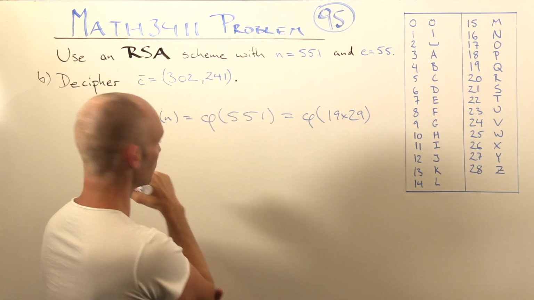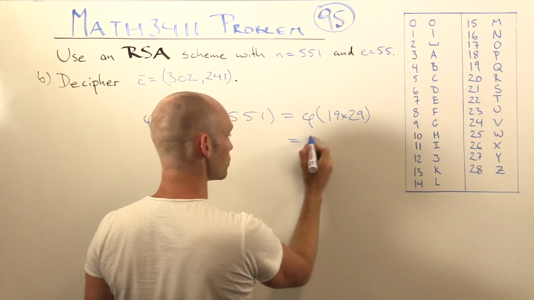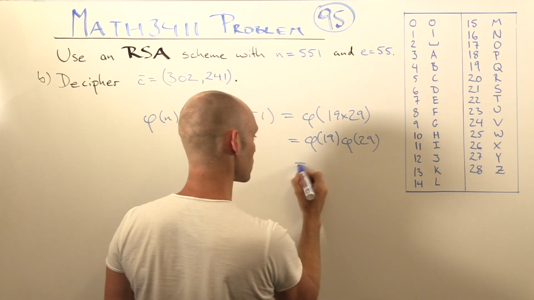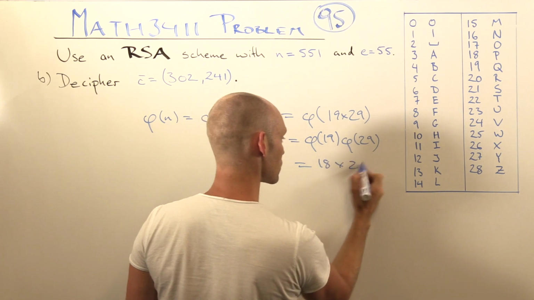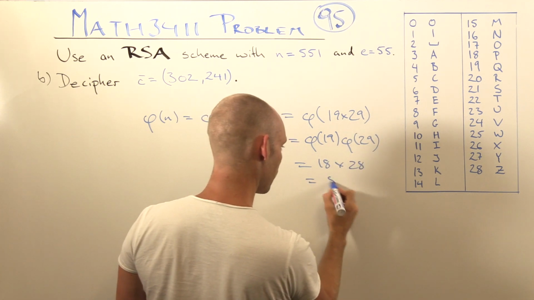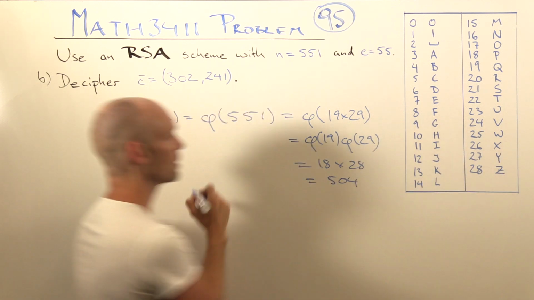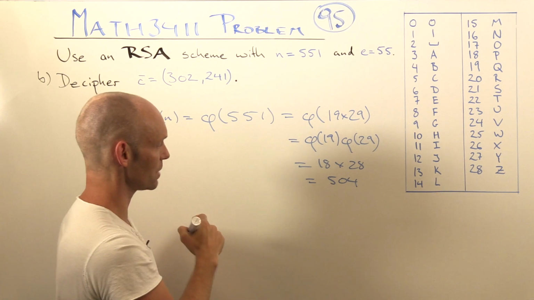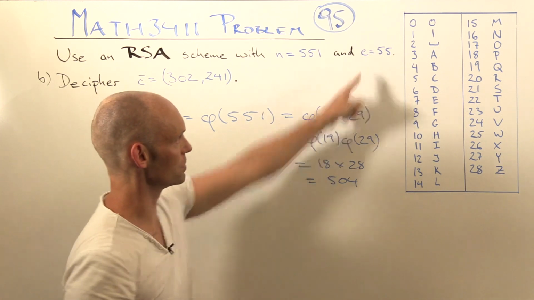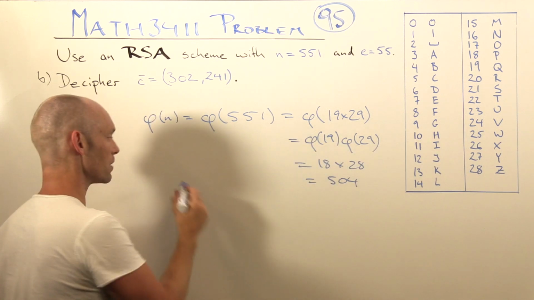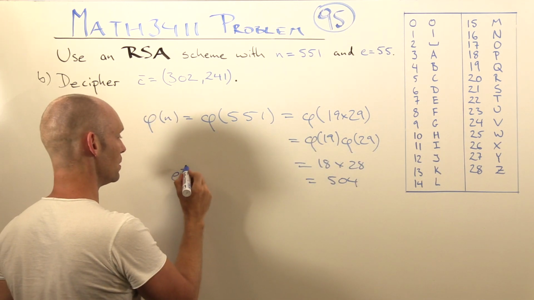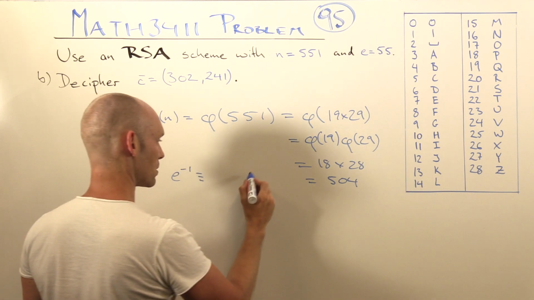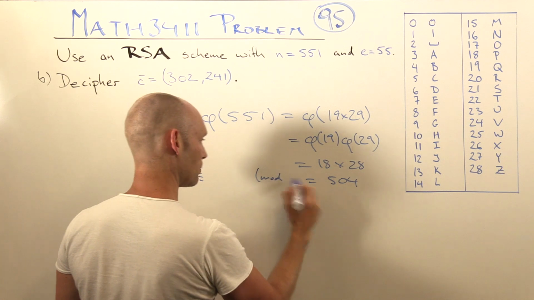If you have a close look, yep, these are two primes, so that's phi of 19 times phi of 29, which is then just 18 times 28, which is 504. So that's the modulus that we'll be dealing with to find the decryption exponent. So we need to find the inverse of E mod this number here,